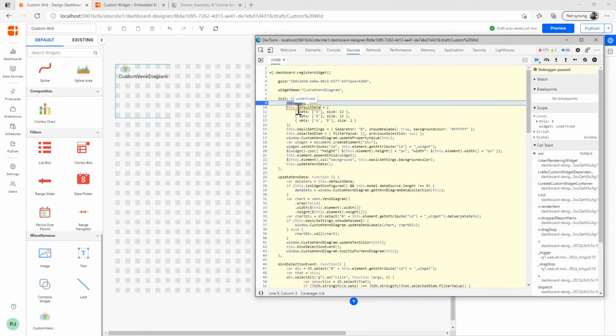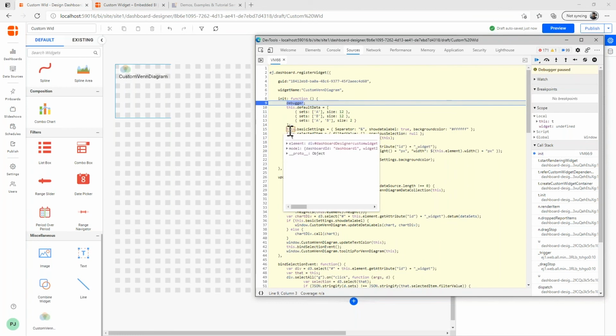Okay, so as I said before, I have added debugger to all these functions so that we can debug. So if you see here, the init function is first. As soon as we drag and drop the widget, the init function is called, and I can make use of this dot element to get the size. And also, if you go and look into this dot model, you'll be able to get all the details required for you to build or render a widget. So you see the bound columns here. Since we have not bound any columns now, it is showing as 0. And the data source here will provide you the collection of data that is available.